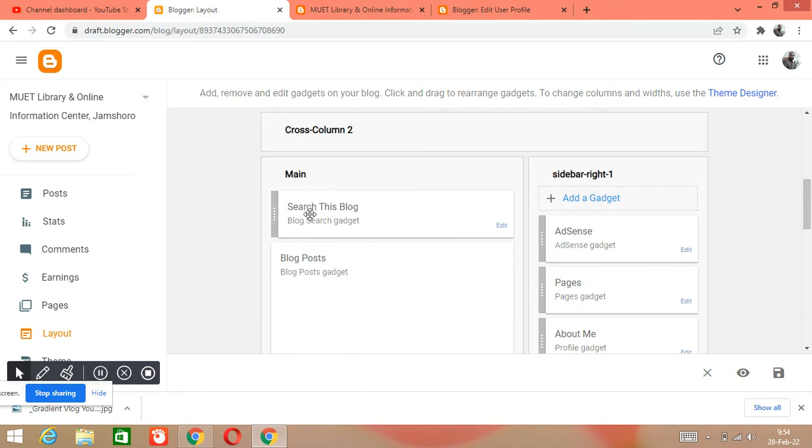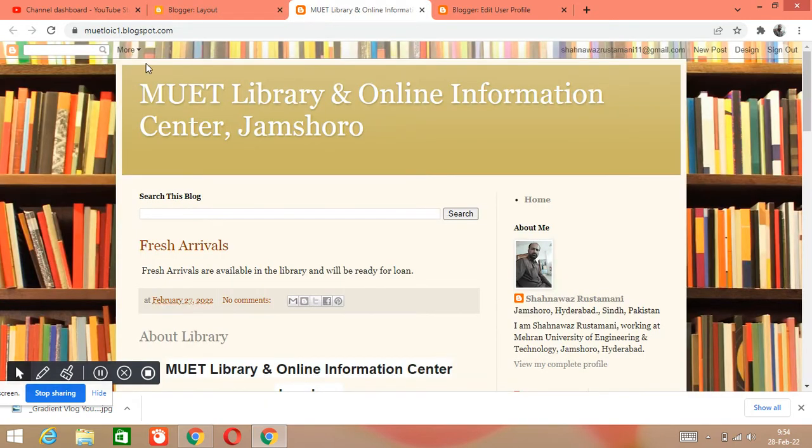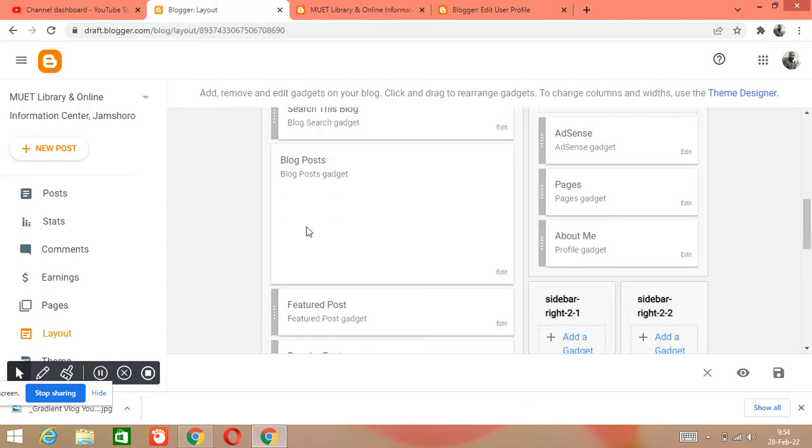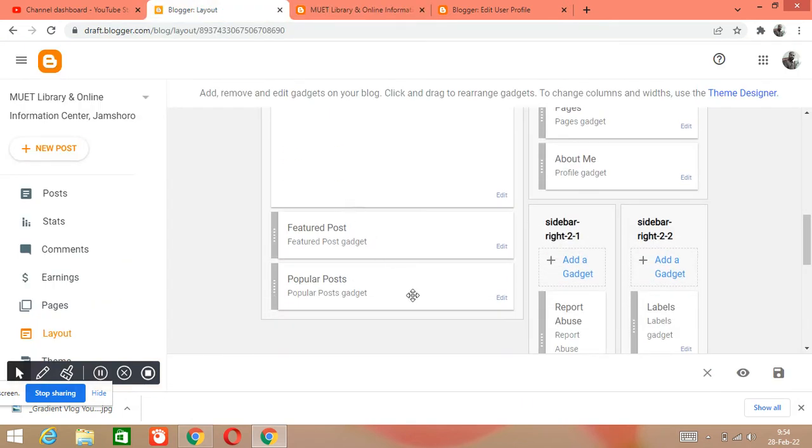In the main body, first of all your option is search this blog. This is your search block, the search this blog option. If you don't want to show it, you can also remove it from here. Only this will be available for searching if you want. Otherwise, this will also be available here. And after that, there are the posts